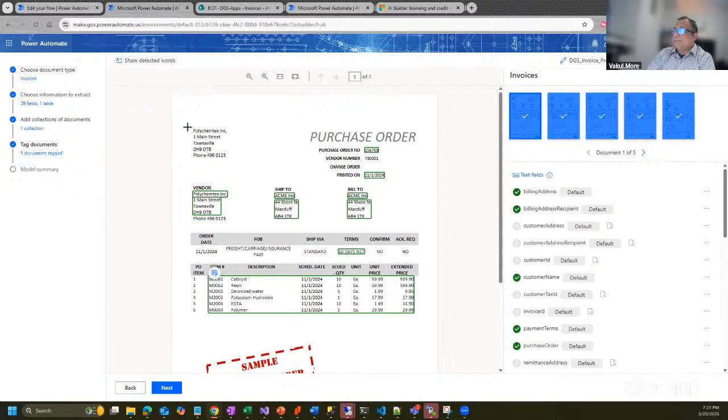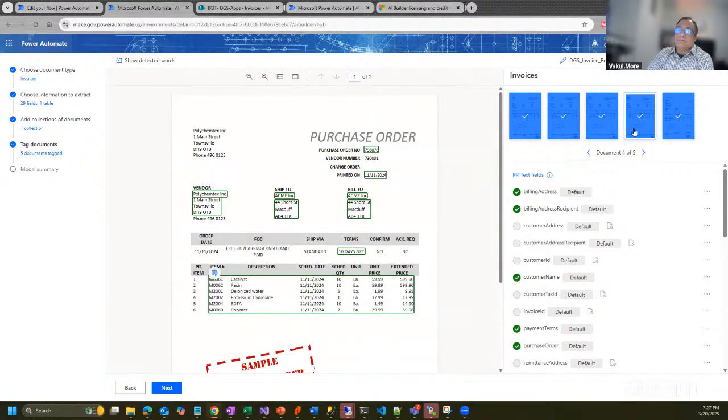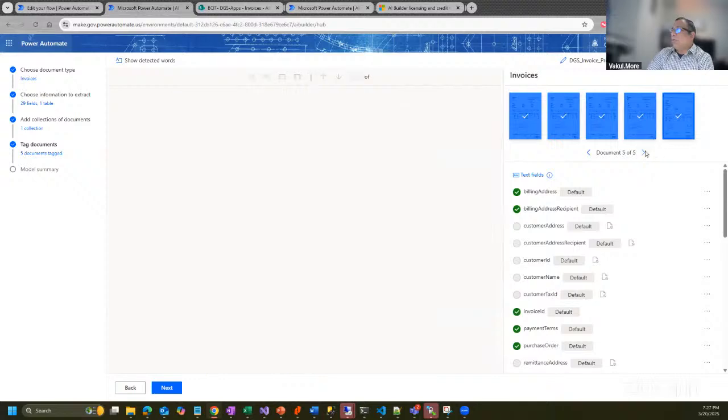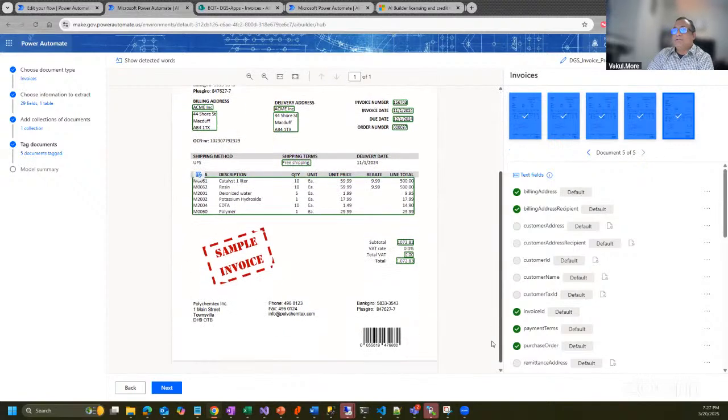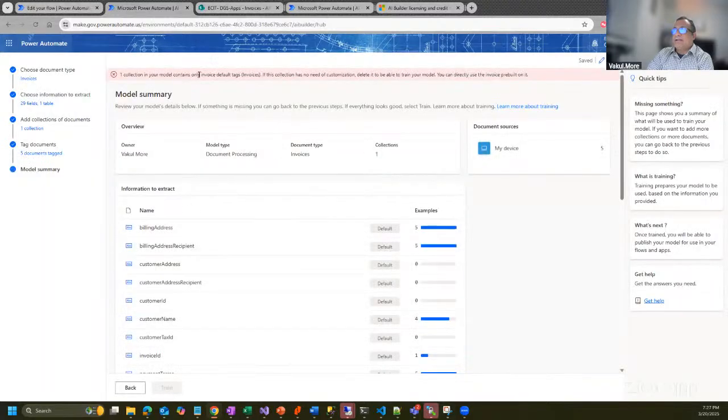So now if you see this one, what I'm trying to do here is this continue tagging is like you go and sometimes you tag this to the vendor address. So most of these are to actually train this model to see if they are working fine, like in most of these cases. And as we move forward, if you see the line items, they are all coming correctly. And just make a note that this is a custom model. I mean, even with the pre-built model, it's very easy to process this one. And then all you do is next, and this is the one. So sometimes you have some of the tags which are not right, and then you would have to go back